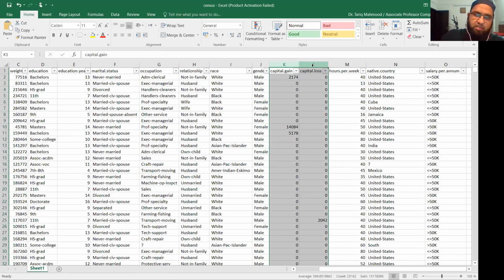So remember that in business intelligence, we have two types of variables. One are the KPIs, which are called key performance indicators. Key performance indicators are basically those things that are related to your business, which drive your business, or which you want to analyze on a daily basis or on an hourly basis, for example. So they are called KPIs. And some of the KPIs are sales, number of customers, number of deposits in a